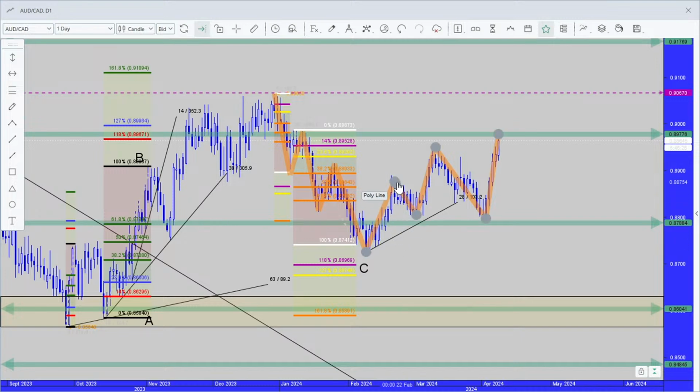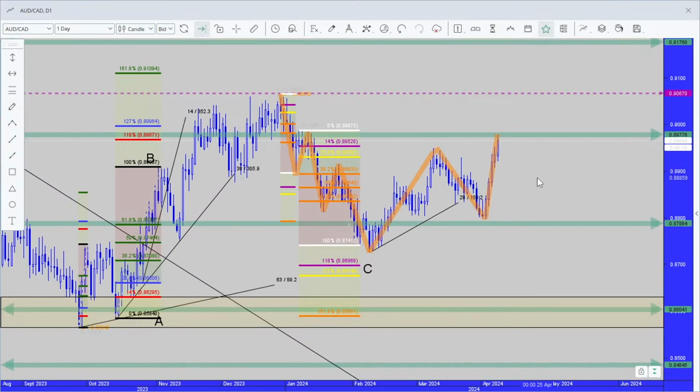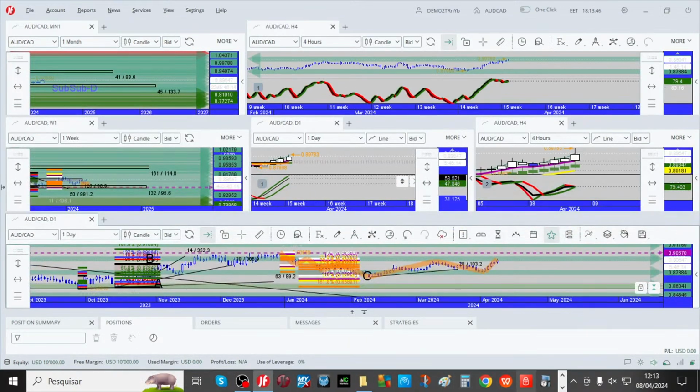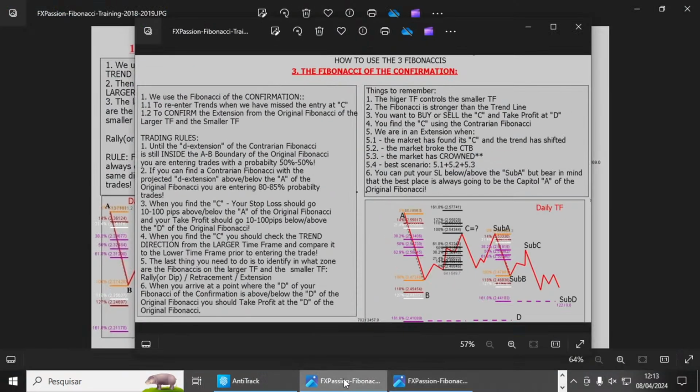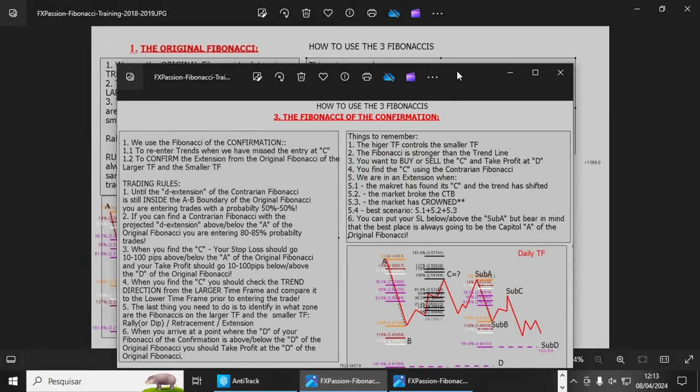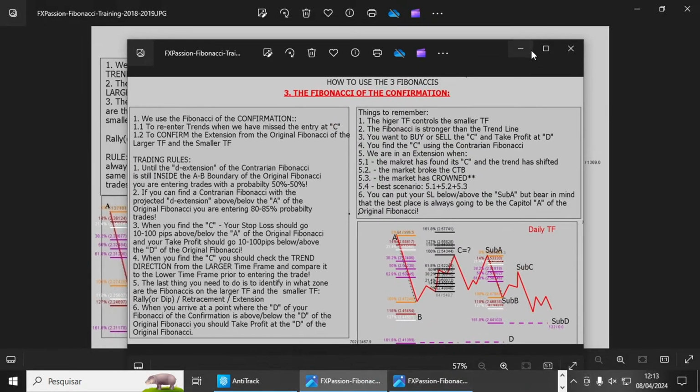So we need to readjust something like this. So far, and this is as far as it goes for the original Fibonacci. The Fibonacci, the confirmation, what is the alright, so